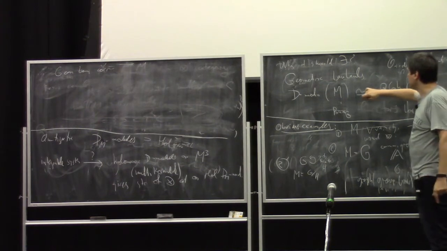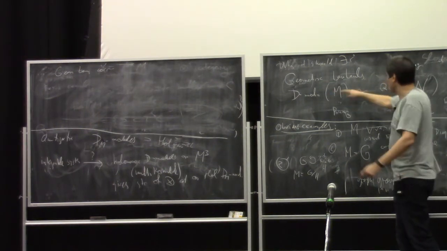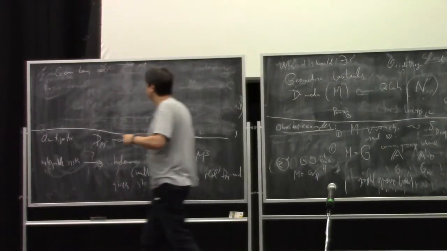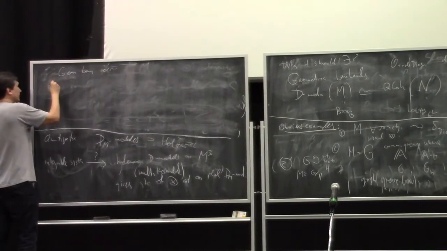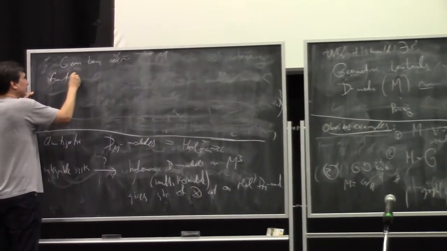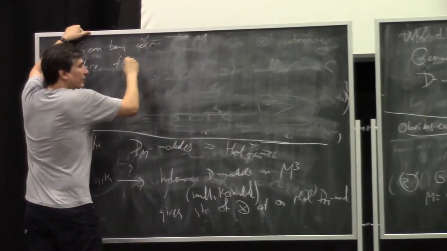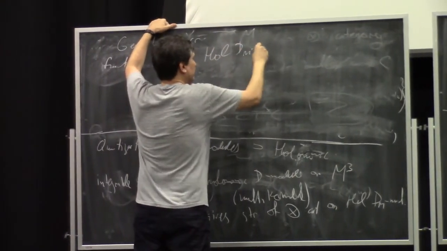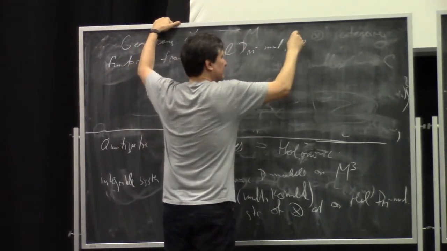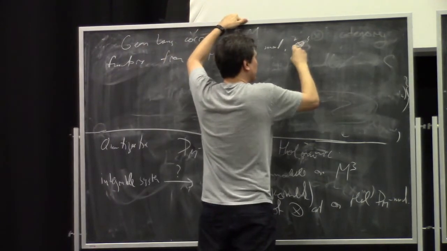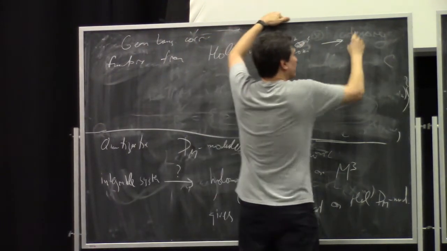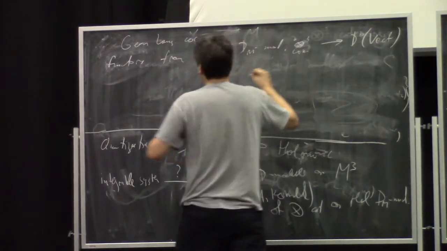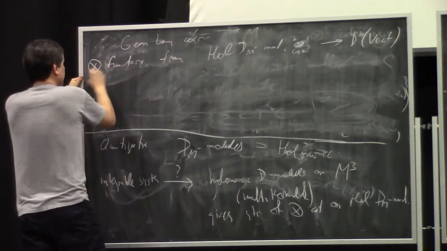Consider functors from these categories to vector spaces, preserving tensor product. Functors from holonomic D-modules with this strange tensor product, the convolution product, to D-modules of vector spaces, which are tensor functors,